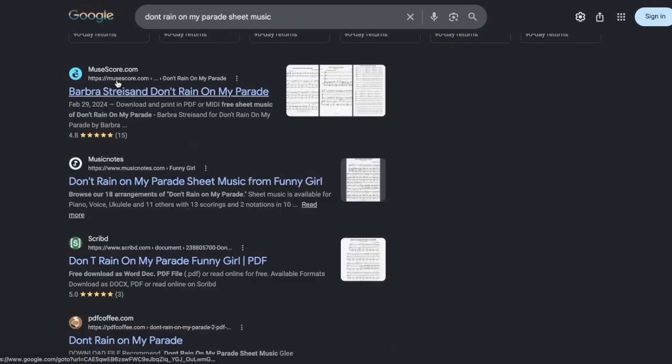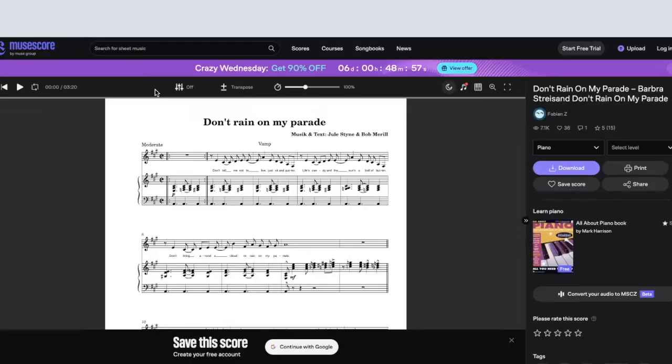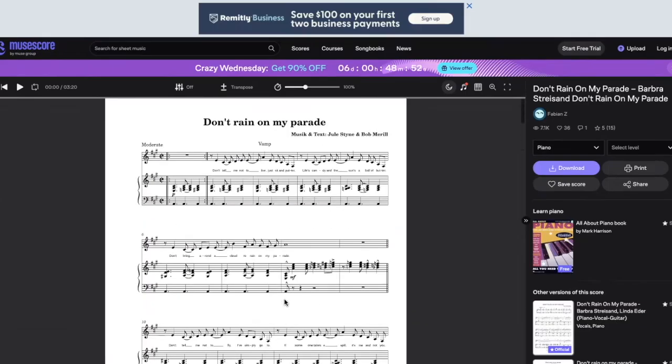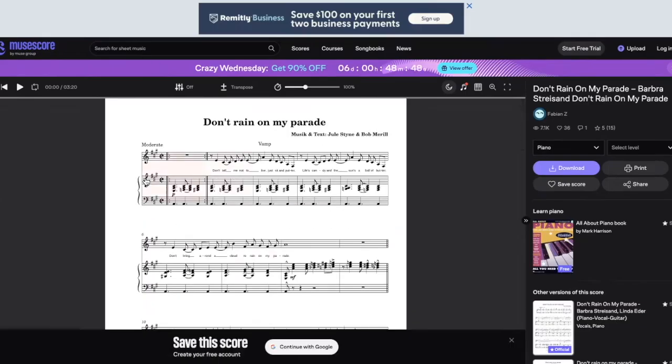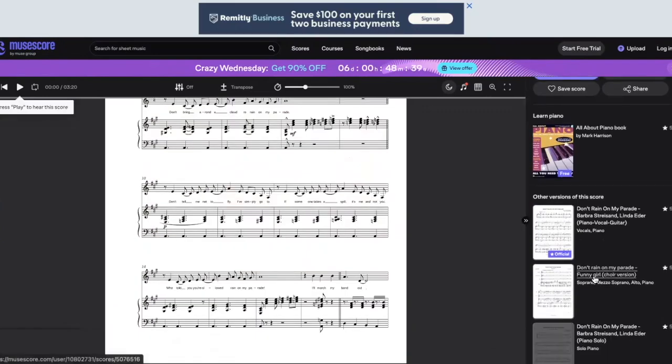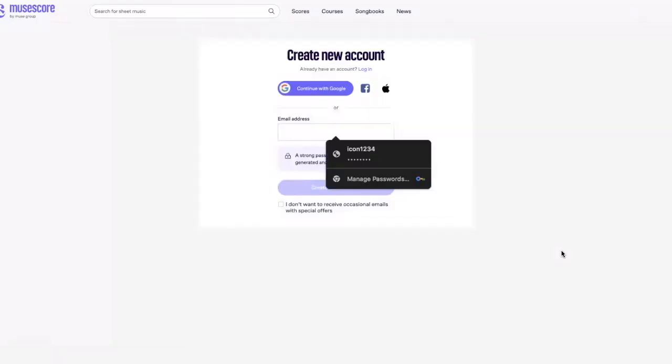some of these options. So we have MuseScore. If I press this here, it's going to bring me to this page. Now, I don't really like this sheet music. This isn't really a great copy. It is written in kind of an odd time signature. It doesn't include chords. I really like to see chords. I like to find one that has this little official star in the corner, and it's not going to let me view it because I am logged out of my account right now to show you what it'll look like